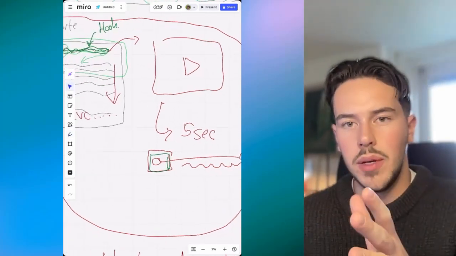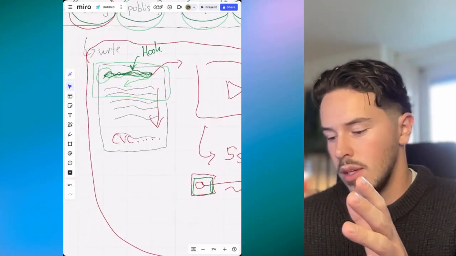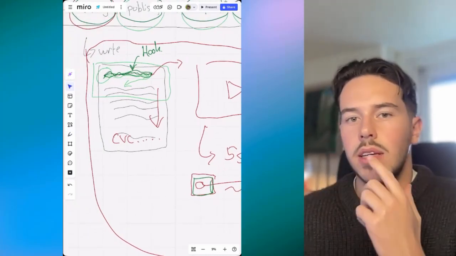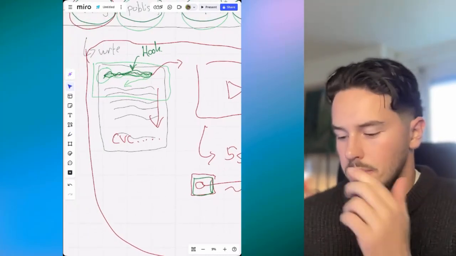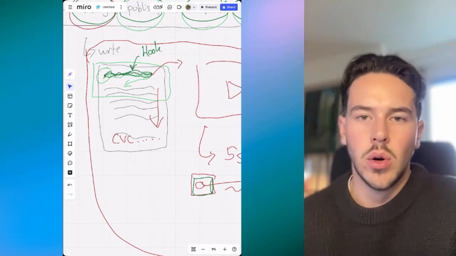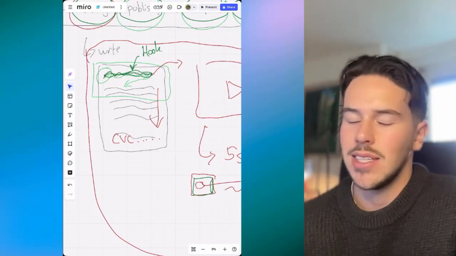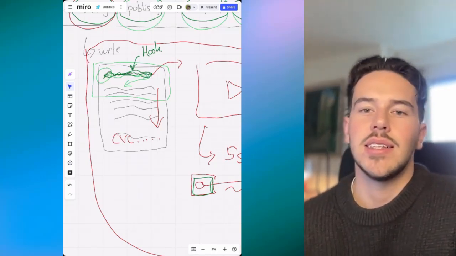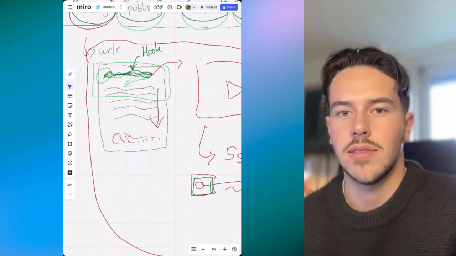That's where you want to hook the people that you're targeting. And we always say that the hook is maybe 80% of the whole post. And why? Because if someone doesn't read the hook, they don't like it, they're not engaged, they can't see the value, they wouldn't read the rest of it.